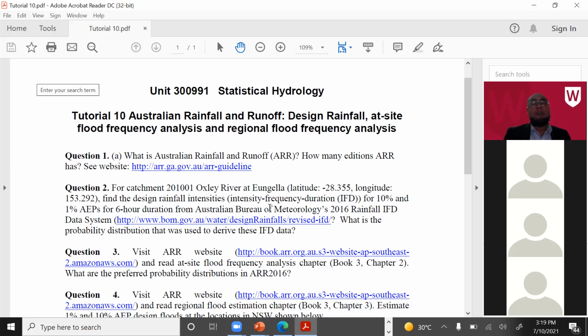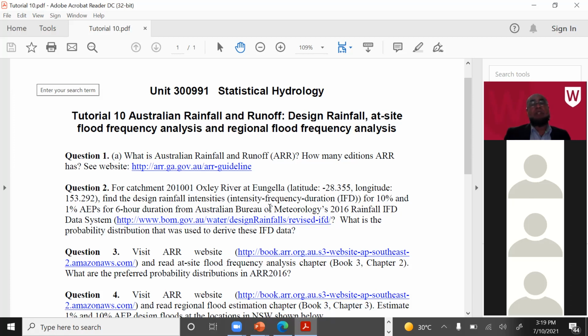But for frequent rainfall estimation, it was not GEV. It was the generalized Pareto distribution with POT, partial peaks over threshold series. So they use the partial duration series that we discussed in one of the lectures, where they use all the independent values over a threshold, and they use the generalized Pareto distribution